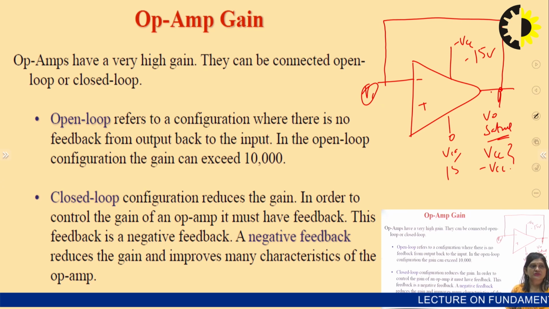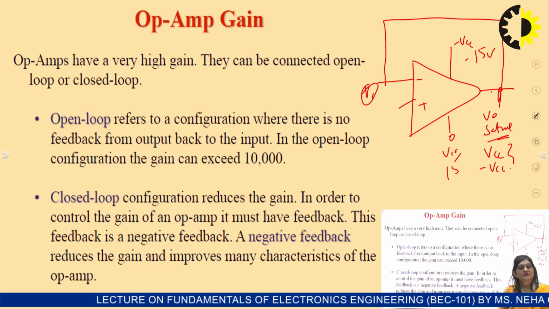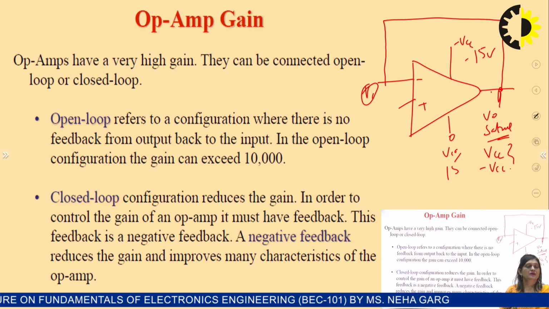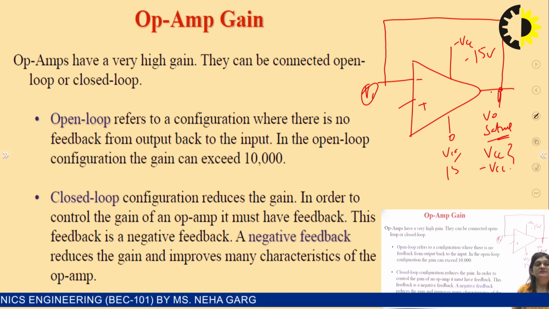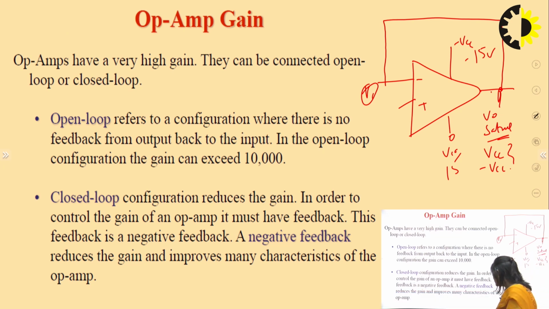open loop configuration. And if we give positive feedback, meaning the feedback taken from the output is given at the positive side, that will be positive feedback. Positive feedback again increases the gain, and the gain is already infinite. In case of an oscillator, positive feedback is used, but for designing any amplifier, negative feedback is always used. So that's why closed loop configuration is preferred.